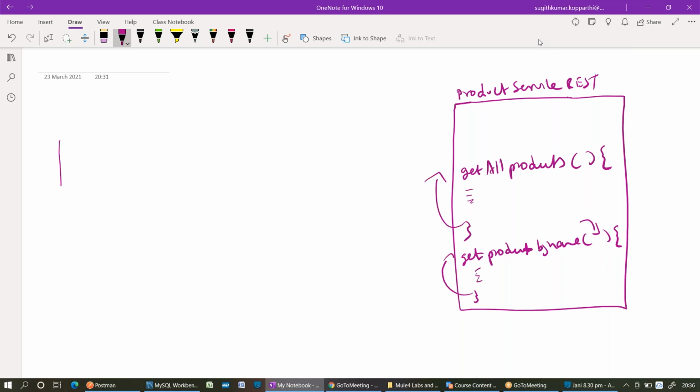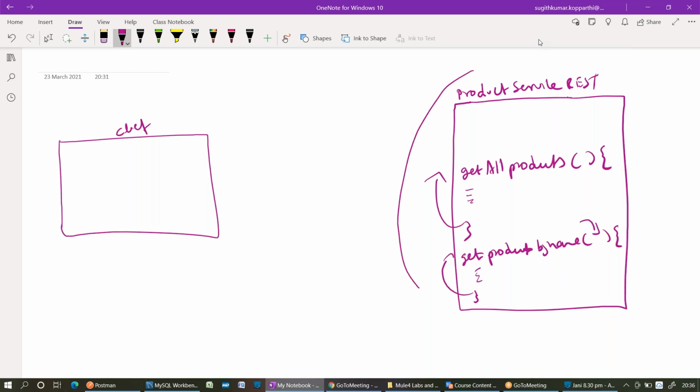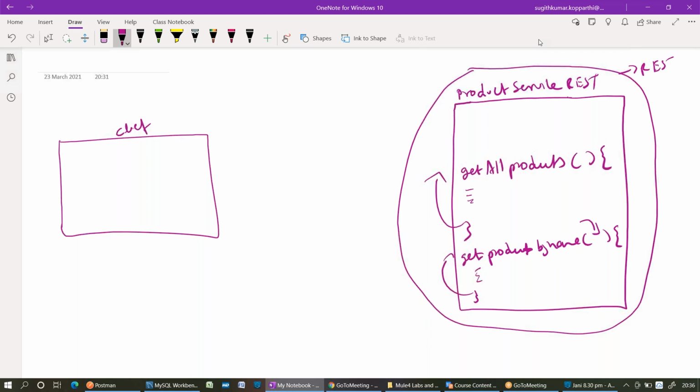So what is my agenda? From the client application, I want to consume this Product Service REST application. Assume this application is exposed by using a REST web service, that means by using a REST API. Now, can we deploy the applications on some servers?